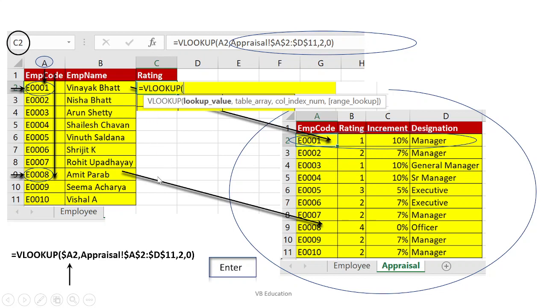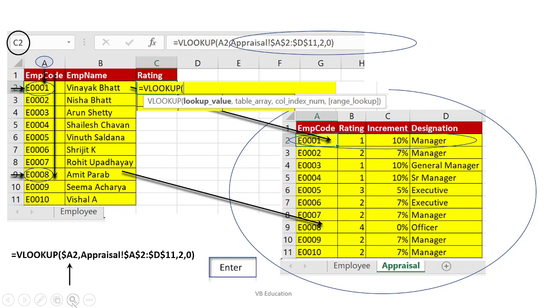Whenever I copy the formula in another cell, $A remains fixed and this 2 will change. So if I write the formula in C5, this $A will remain constant, and instead of 2 I will get 5. This will be clear when we actually do it in Excel.